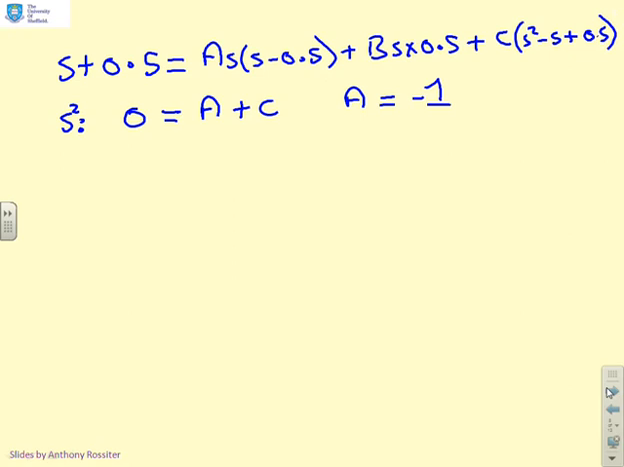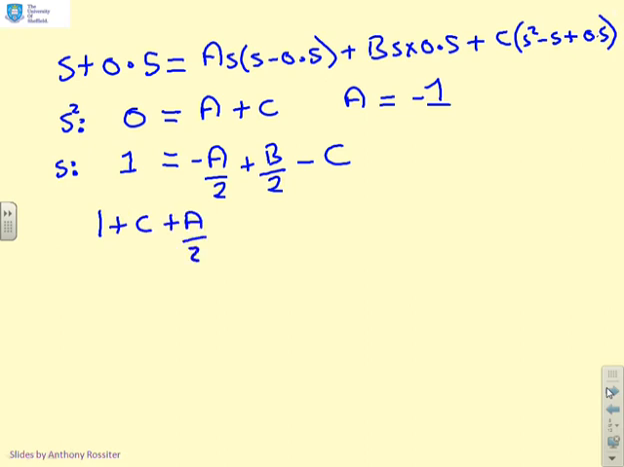Next, let's do coefficients of s. So I'm going to get 1 equals minus a over 2 plus b over 2 minus c. So if I rearrange that, I get 1 plus c plus a over 2, times 2, equals b, which equals 3. So if you then pull back what you had on the previous page, just to check